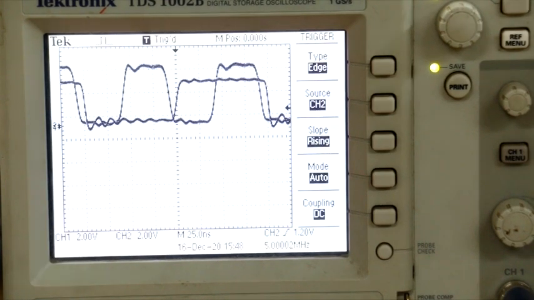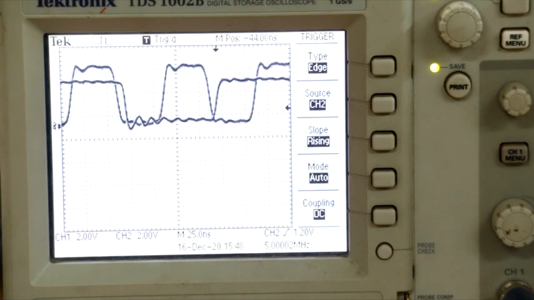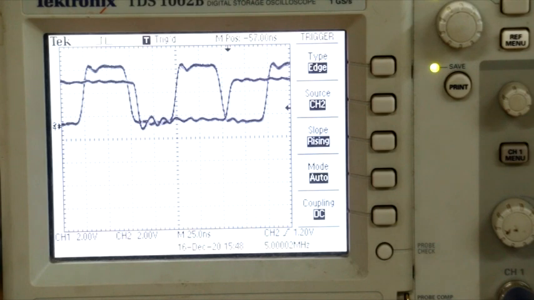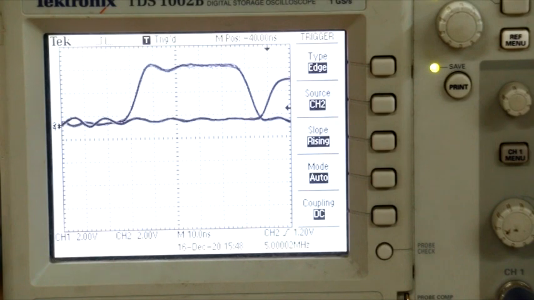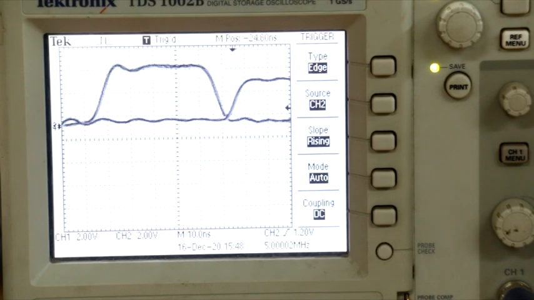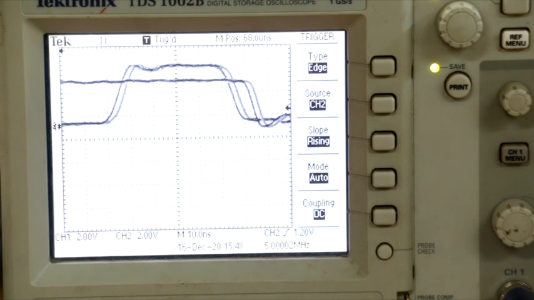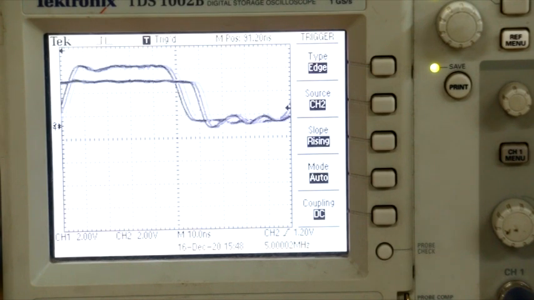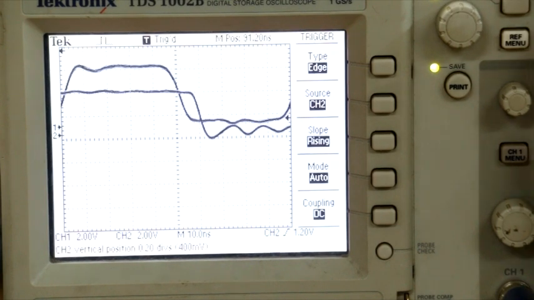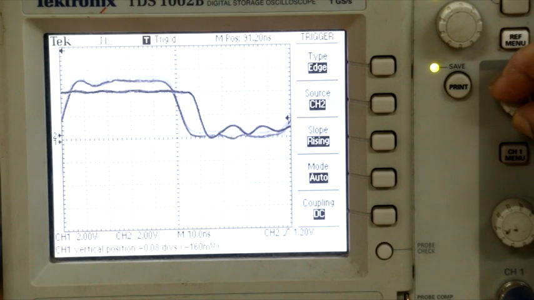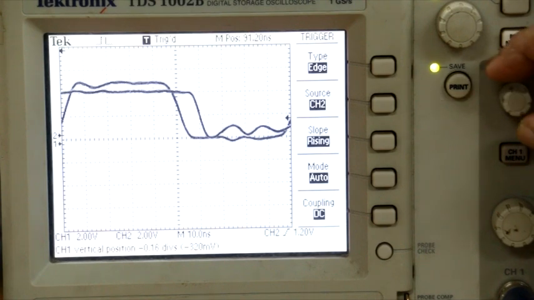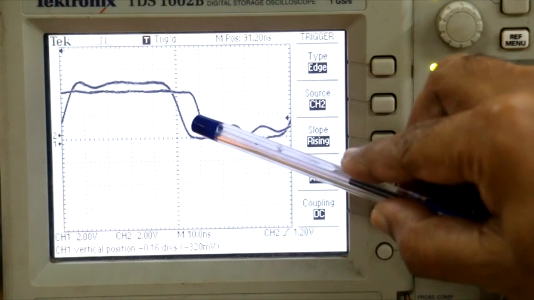So right now you can see roughly the propagation delay. Let me expand it a little further. You can see the propagation delay. I can expand it further. Yeah, I think this is better. Let me show you a proper place to measure. Yeah, this is good. Let me lower both of the channels so that we can see it roughly. Okay, now we are able to see the propagation delay.